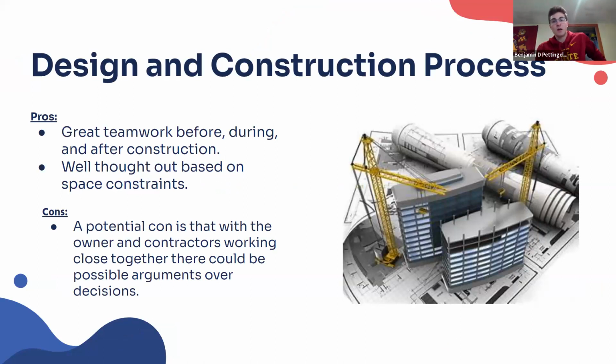Obviously, it takes a lot of time to think out how to fit such a massive stadium in a very small area. And I think they did a really good job of that. And then they continue to talk to try to improve their sustainability, making sure that everything works correctly. So I think that the pros of their process was that they really had a solid team together who